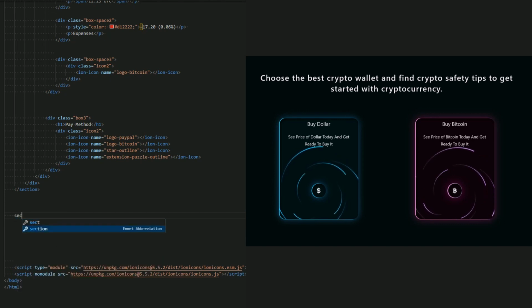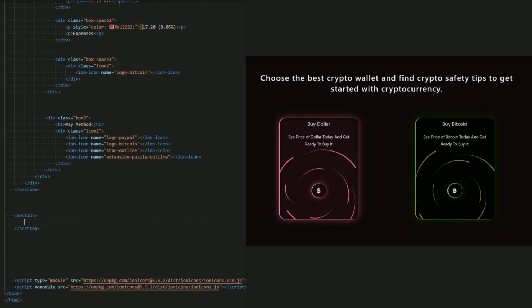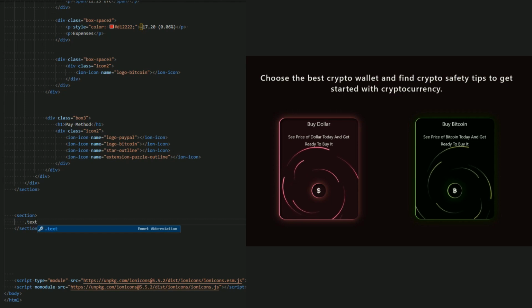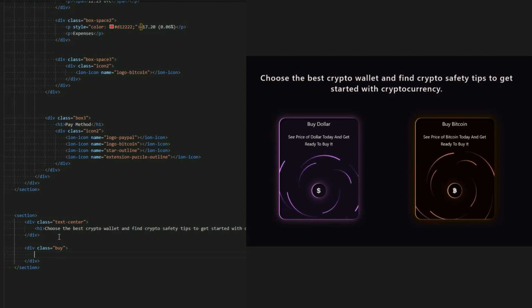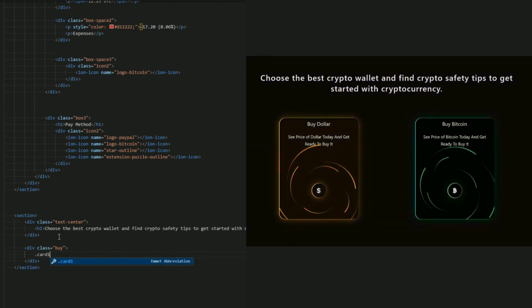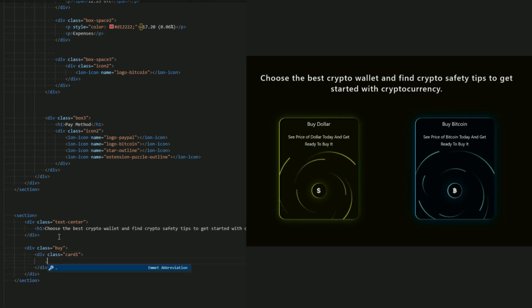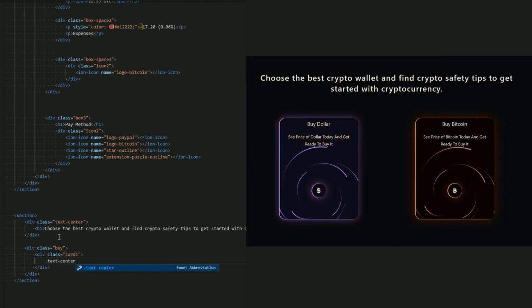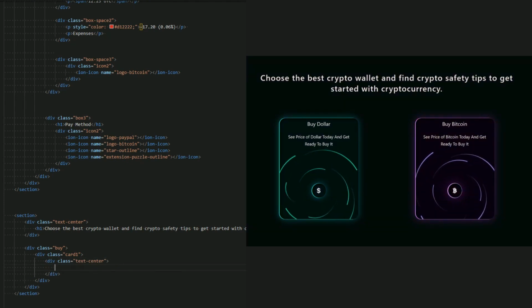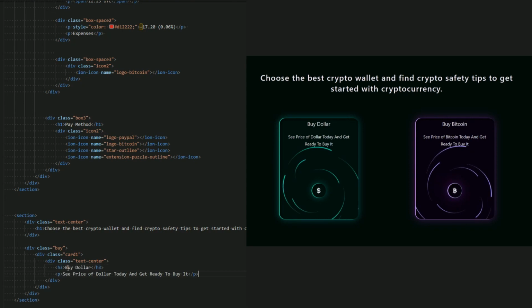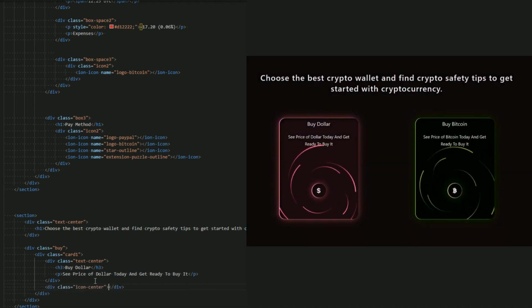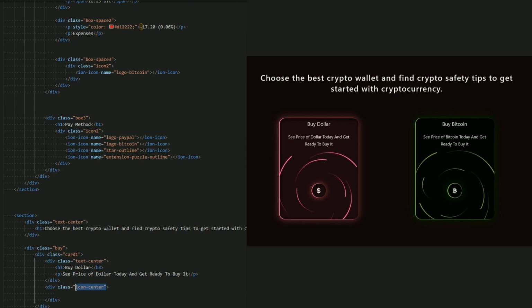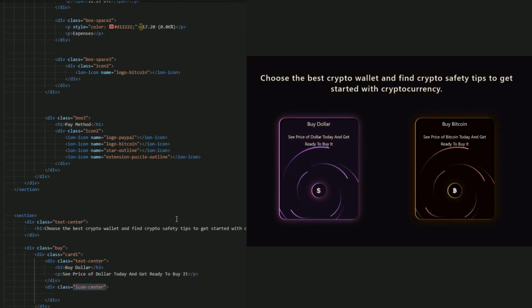So first section, inside the section, let me create a text center. So this is a text center, and now create a buy page. Okay, this is a buy page, a real box. So the first card, let me create it, card 1, and let me add a text center, copy and paste it, h3 and p, and let me add the icon to the icon center. I add a different name because I want this icon to be centered.